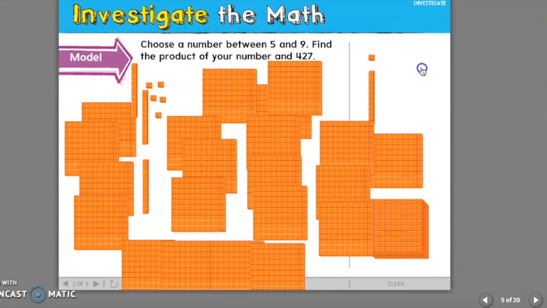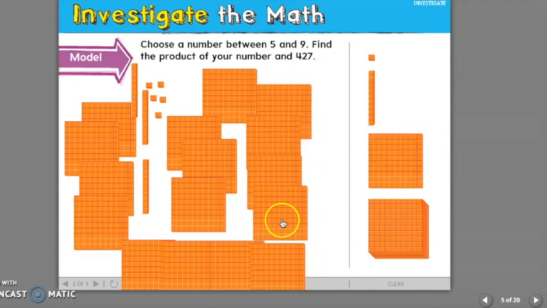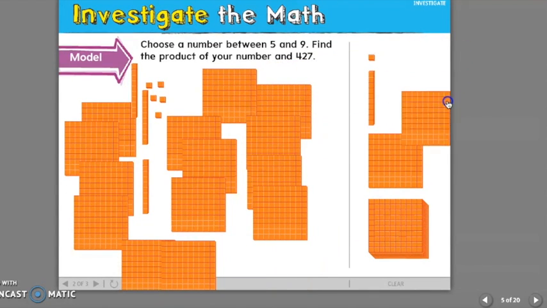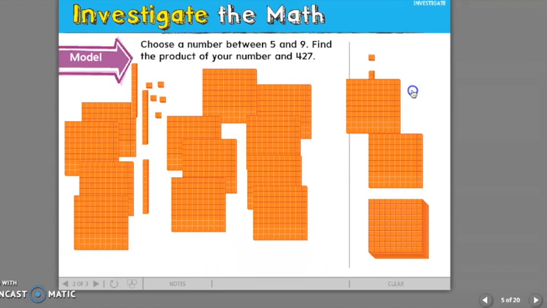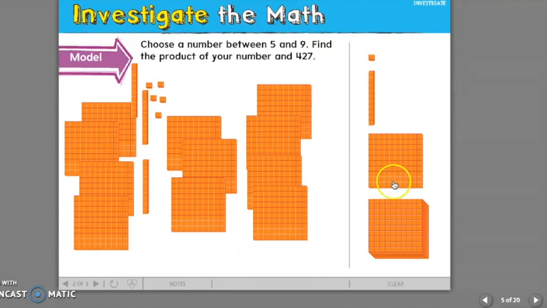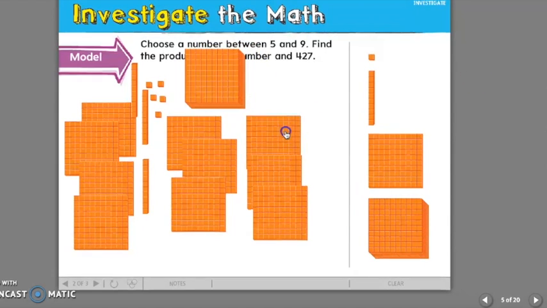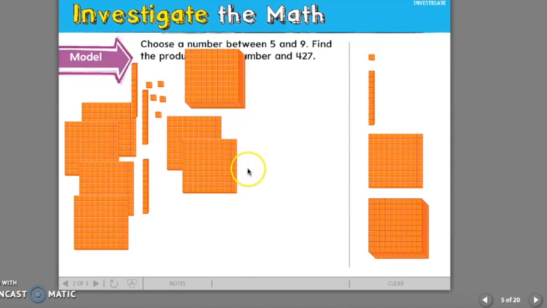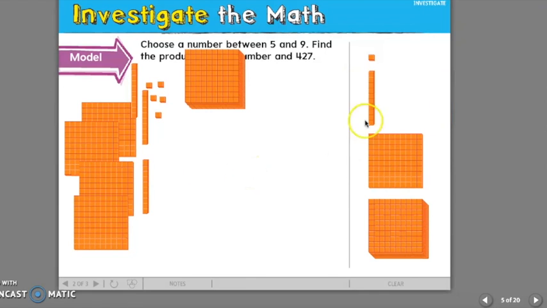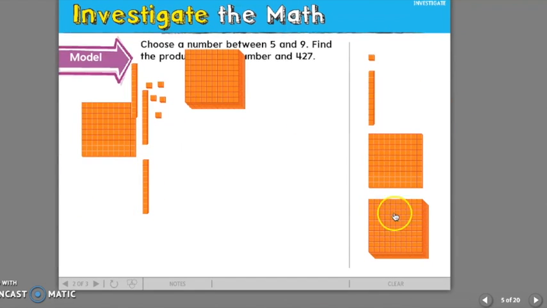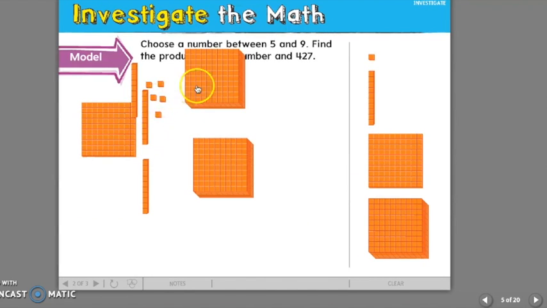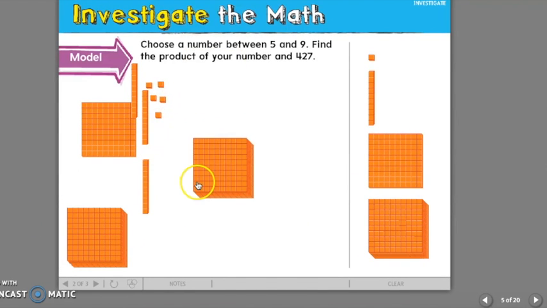So I can trade in 10 of these, 1 through 10, and in exchange, I'm going to get 1,000. And then I can do that again, 1 through 10, for another 1,000. So I'm left with 2 thousands,